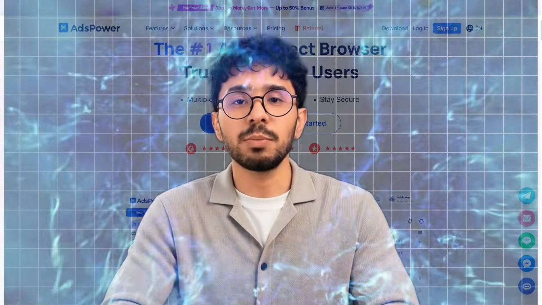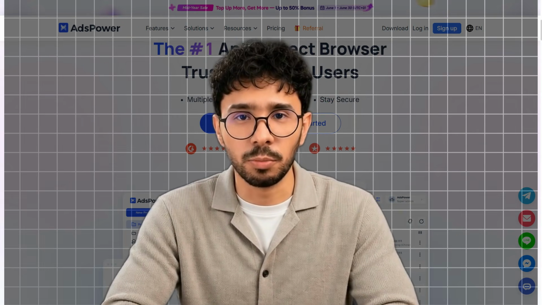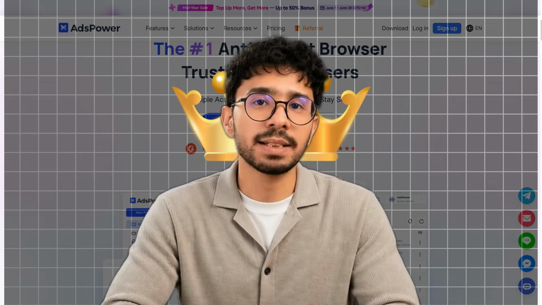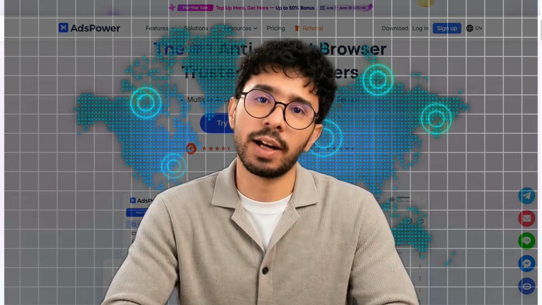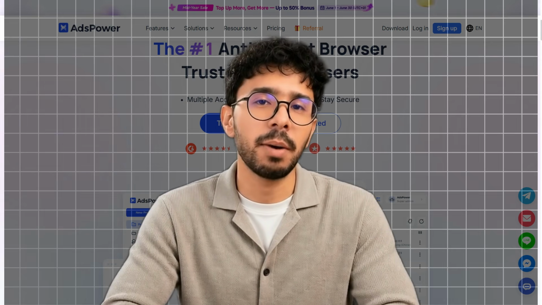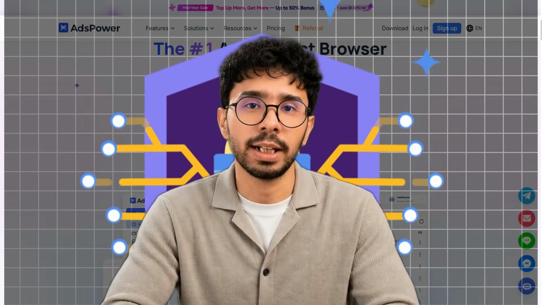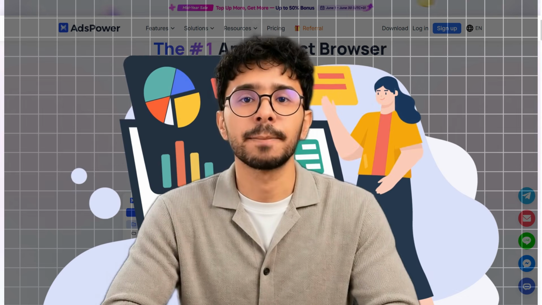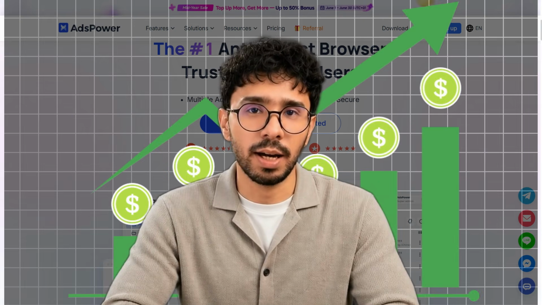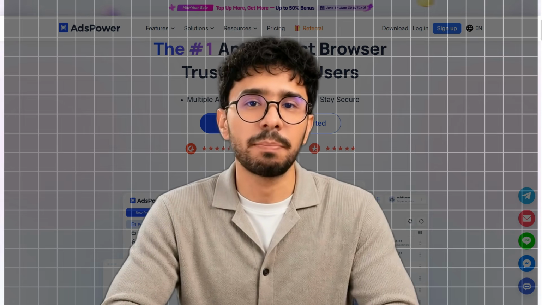So, is AdsPower worth it? After going through everything, the features, pricing, the way it actually performs, my take is pretty clear. For the vast majority of people, it's the best value anti-detect browser you can get right now. If you are a solo marketer or freelancer, the base plan at $5.40 a month with automation and a synchronizer included is honestly a no-brainer. If you're running an agency, the Pro plans, team features, and activity logs feel enterprise grade at a mid-market price. And if you're just curious, the permanent free plan lets you try it without spending a cent.